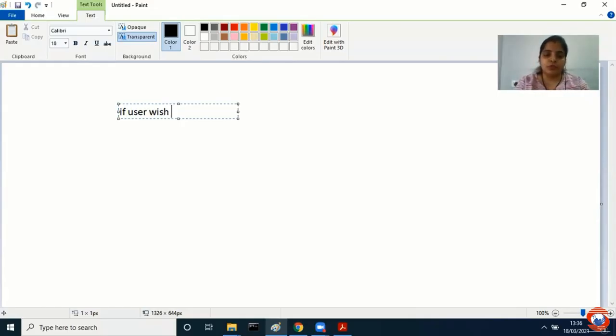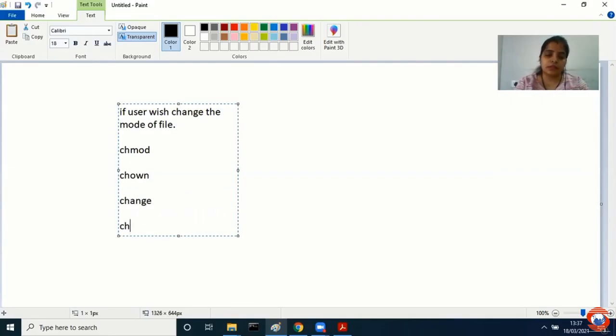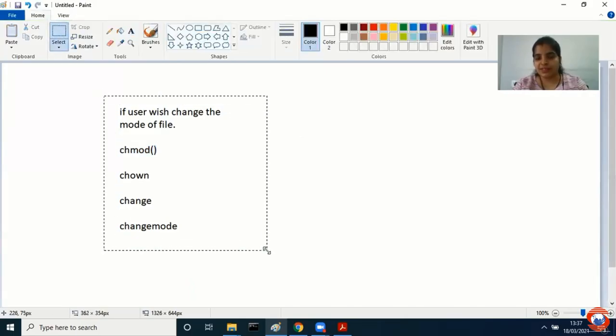Now if we wish to change the mode of some file, change mode means read mode, write mode, कौन सा mode उसका change करना है, read write execute रहते हैं. So which system call you will go for? There is chmod, there is you can say chown, there is change, and there, let us say, there is change mode. तो these types of options are asked. तो chmod नाम का एक खुद से ही system call है, तो mode change करना है तो मेरा operating system chmod नाम के system call को call करता है. This type of question was asked once in CCAT.